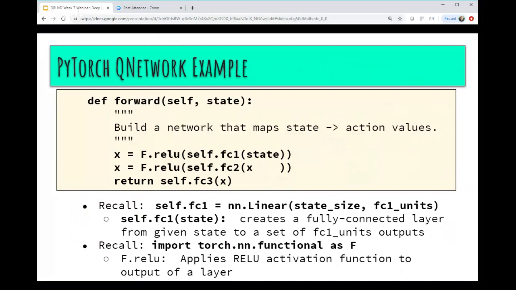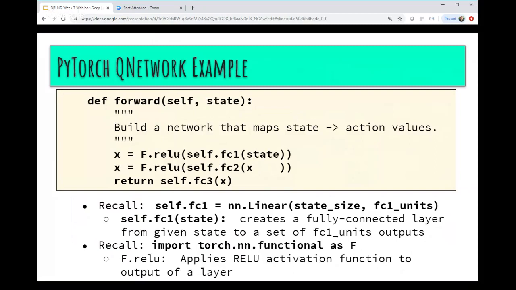And then you take that X value in that first line and pass it into FC2. So now we're feeding it through the next layer of the network. And again, on the output of that layer, another ReLU activation function. And then the last thing that's done is to take that output of FC2, pass it through the third layer, which produces the state outputs, and return that to the caller. So pretty straightforward. That basically is all that's required to implement a fully working neural network for doing deep reinforcement